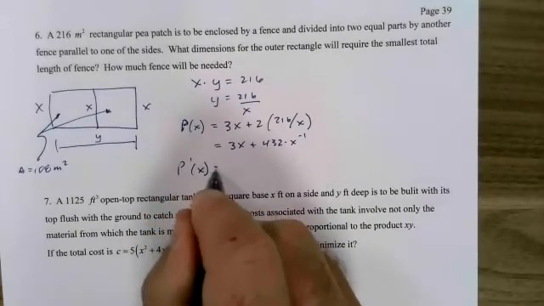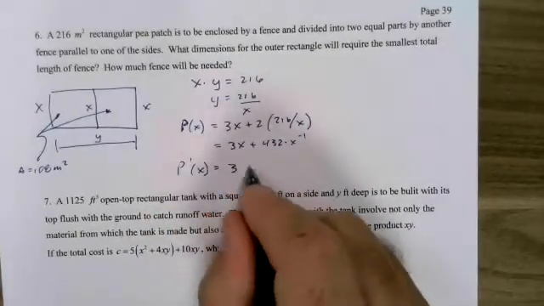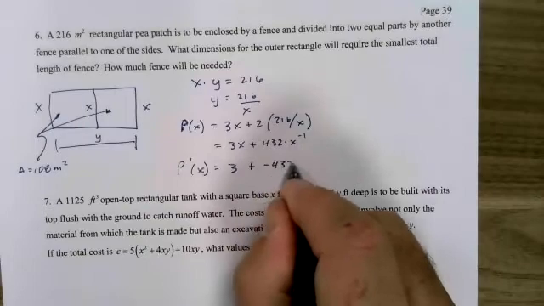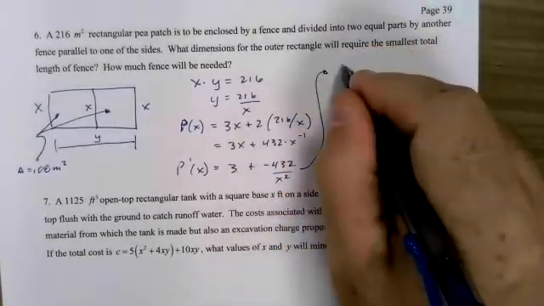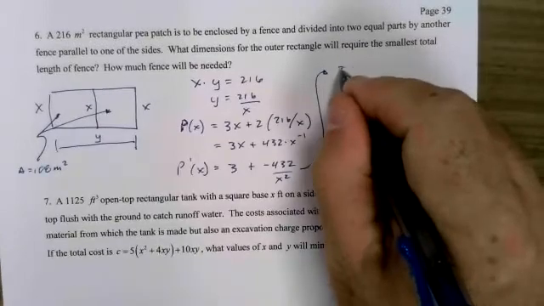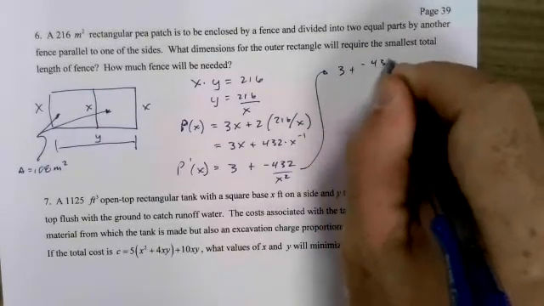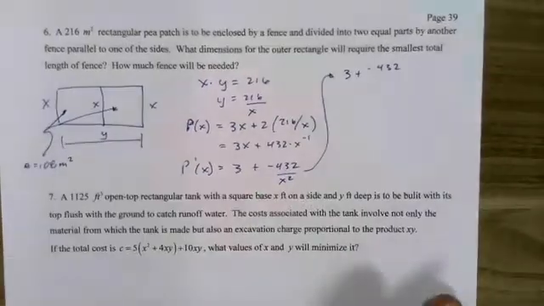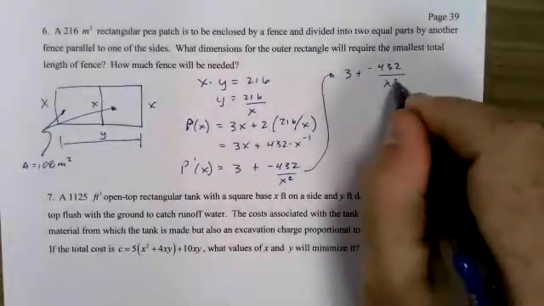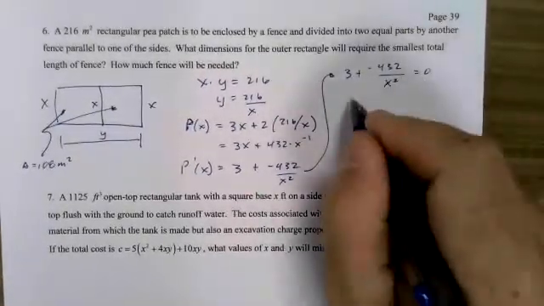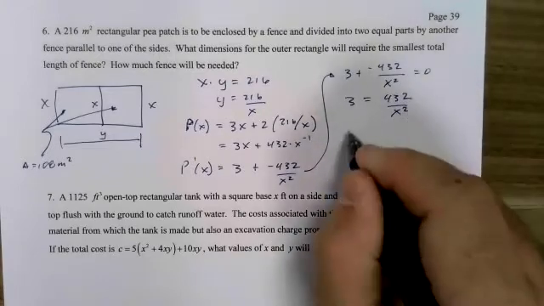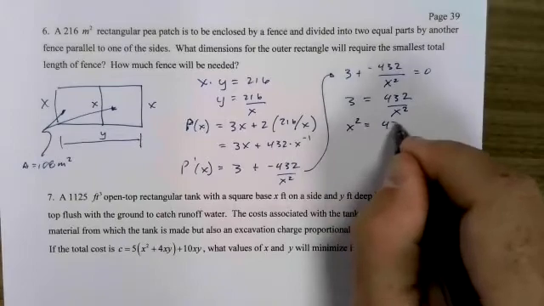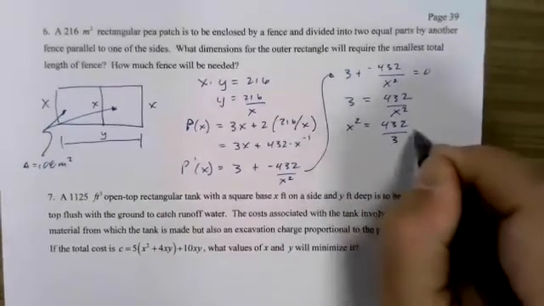P prime of x equals 3 plus negative 432 over x squared. 3 plus negative 432 over x squared equals 0. 3 equals 432 over x squared. X squared equals 432 over 3 equals